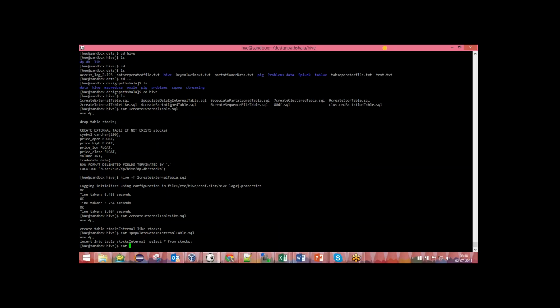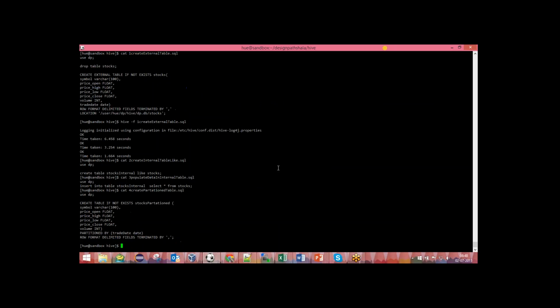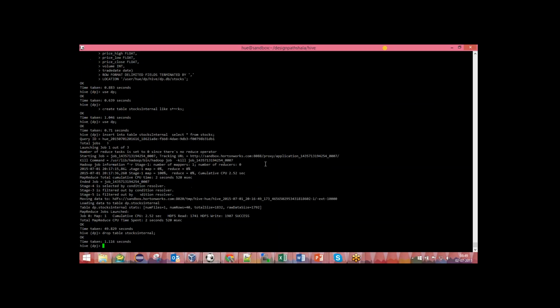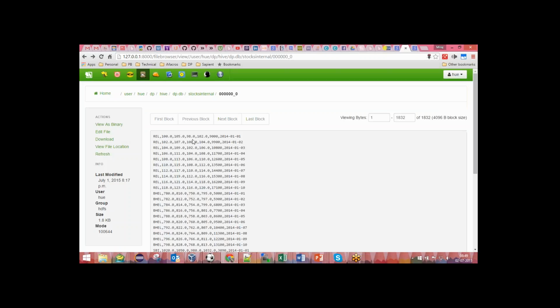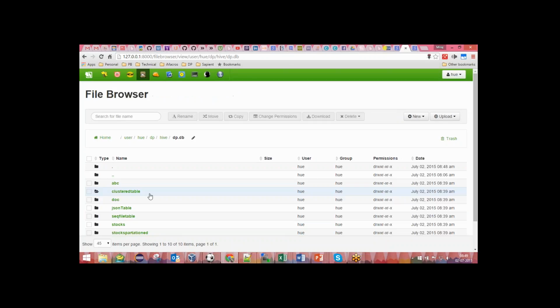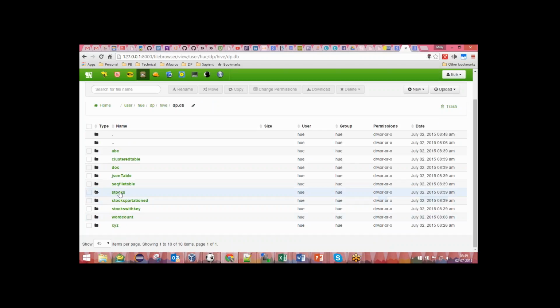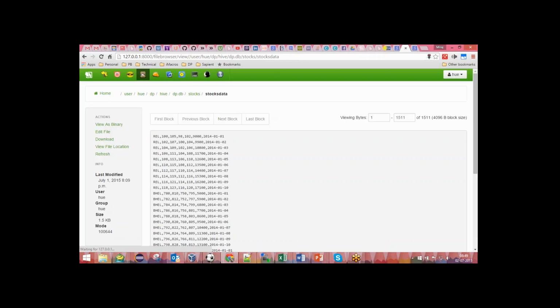Okay. So now I have to partition the data. Let's say on the same data which was there, I want to partition this data on the trade date. So practically you will be getting the data like this only. Now you can't do it manually. So what you can do is,